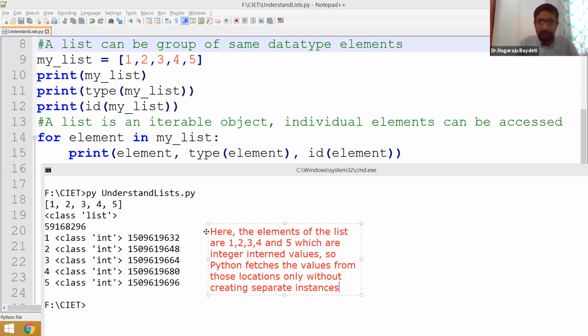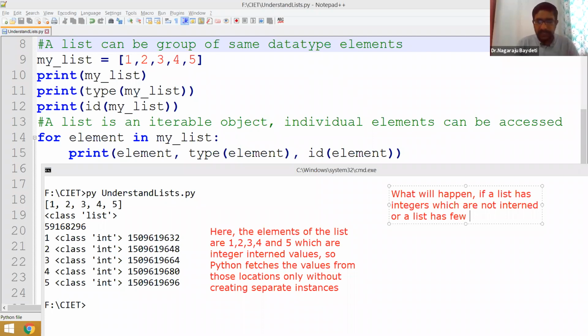Okay. Our next doubt should be, what will happen if a list has integers which are not interned, or if a list has a few integers which are interned and a few integers which are not interned.